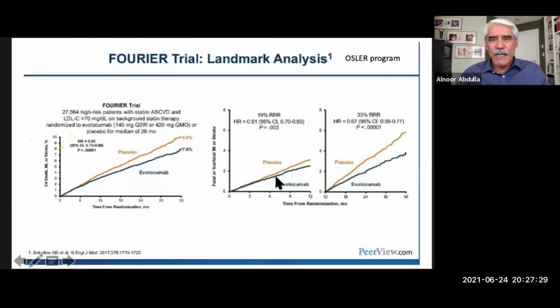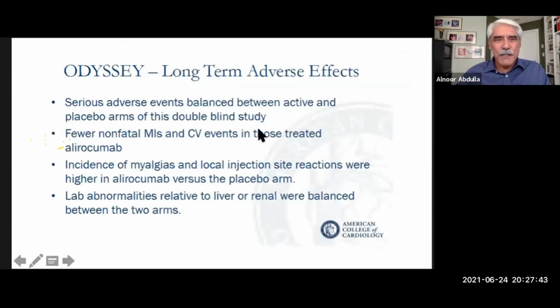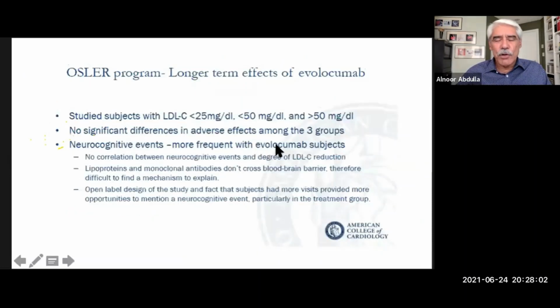in the Fourier trials, and demonstrated improvement in all the bad outcomes in these patients in the long outcome trials. And the only thing in the Odyssey program, which used alirocumab, was that there were obviously little local injection site reactions that people get, but these were almost all mild. And some of the patients complained of myalgias in the alirocumab arm. In the Fourier program, which used evolocumab, which is Repatha, there was no correlation with neurocognitive